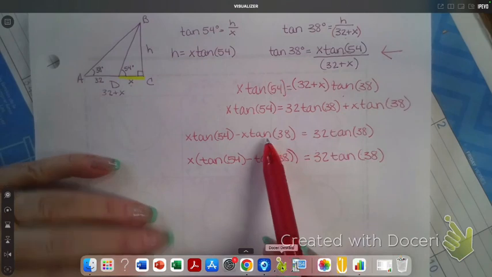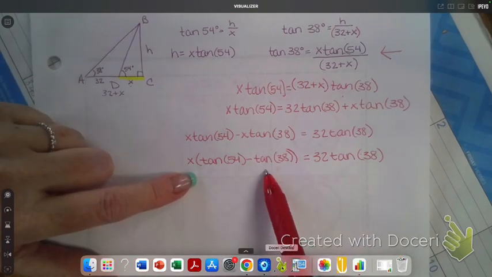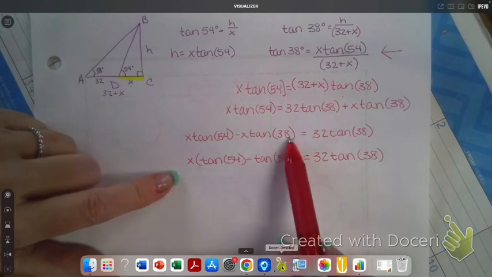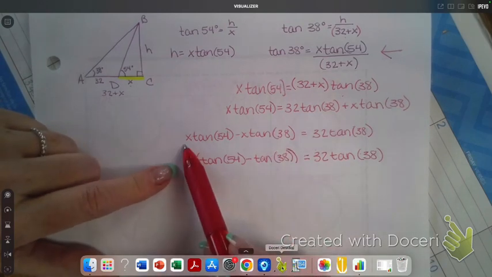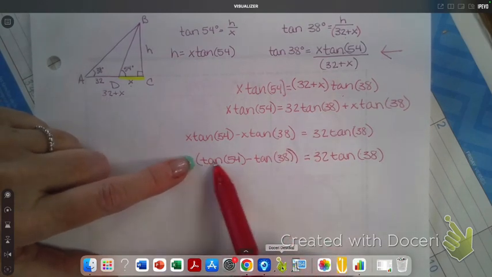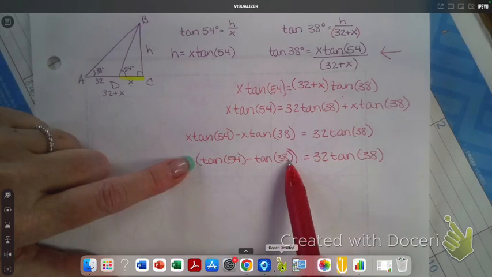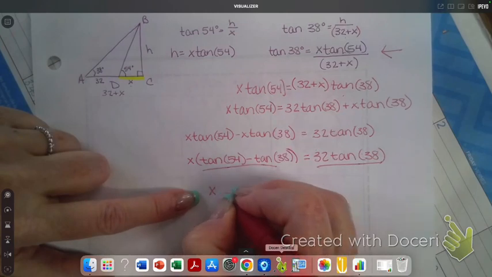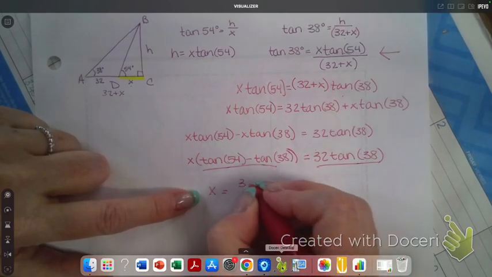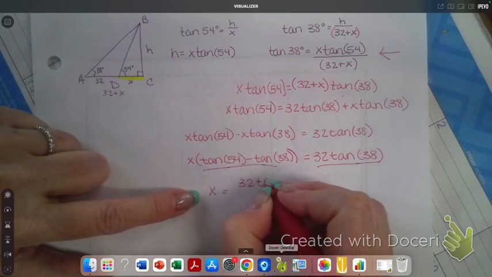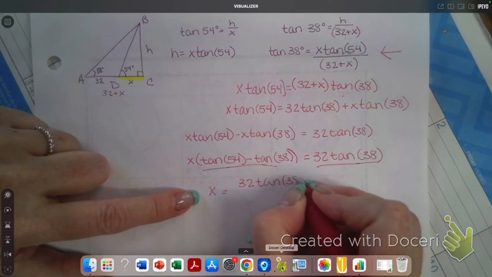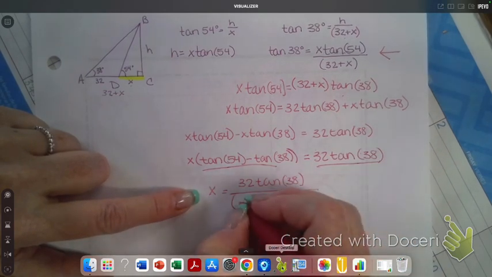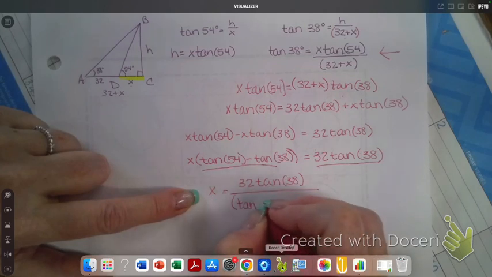Okay, why did we do from here to here? Why did we do it? To separate the x, to get that x all by itself. Yep. So now I just divide by that whole quantity. And I don't rewrite it, I just write my answer. So 32 tangent of 38 divided by, put your parentheses, tangent of 54